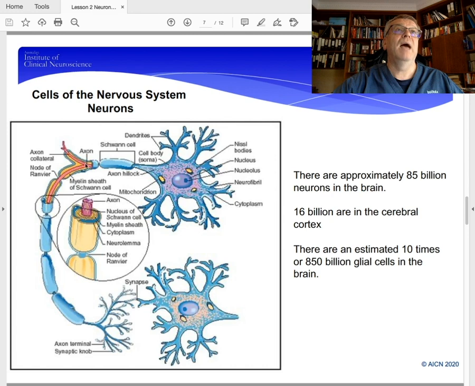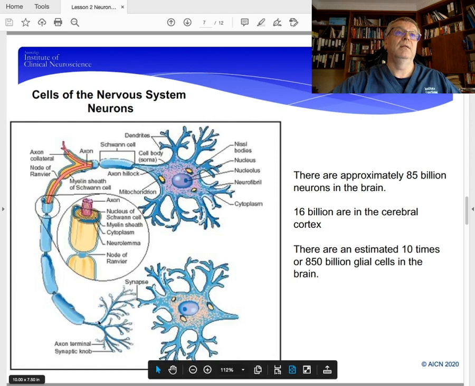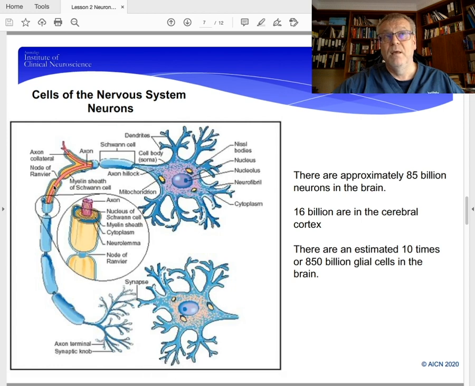But this axon comes down and it flows all the way down, and these axons can range in length from a few millimeters to a meter and a half in some people. So, for instance, cells coming from your spinal cord down to your toes, maybe in some people as much as a meter and a half in length. So these axons can vary in their length,